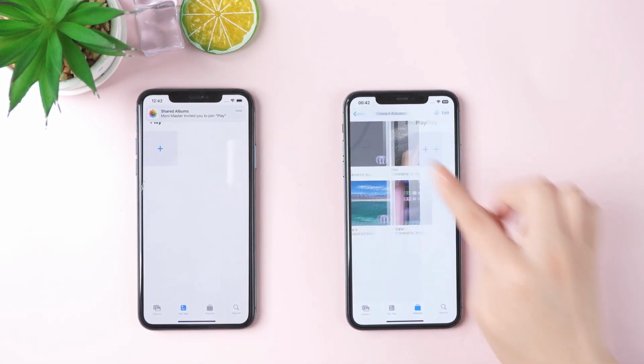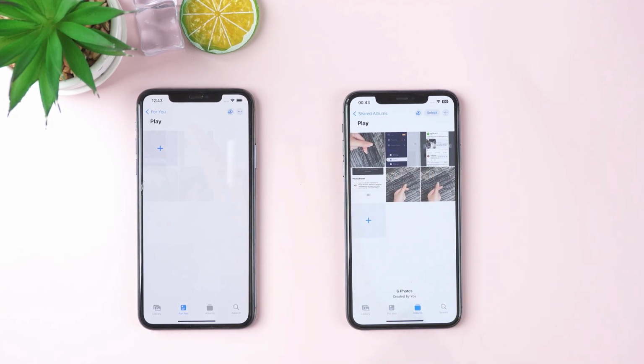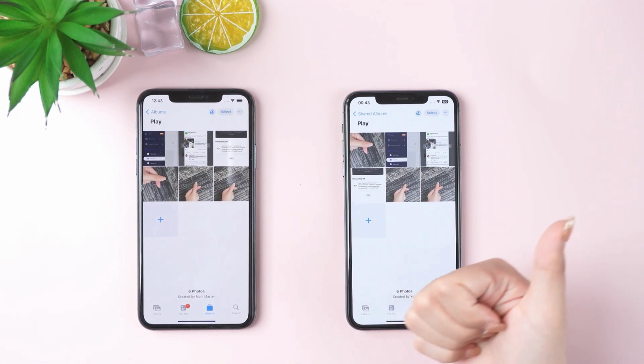and synchronize the photos. Both methods allow you to quickly and easily transfer photos in batches without having to send